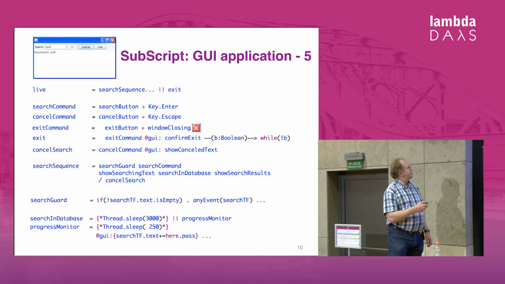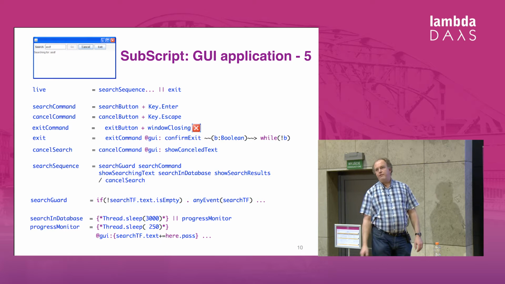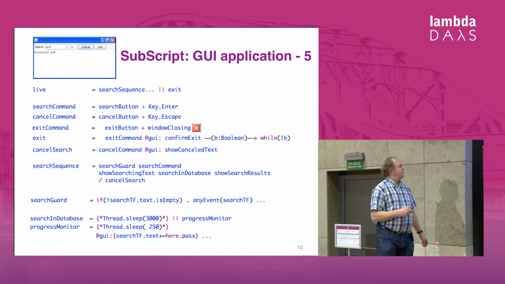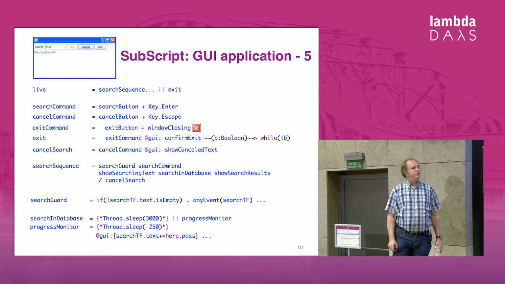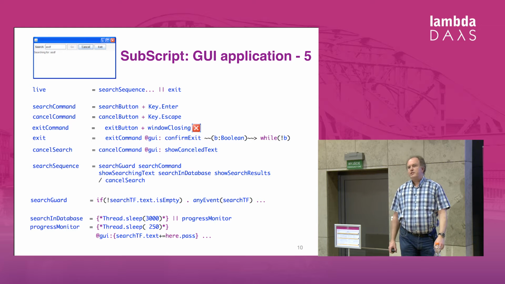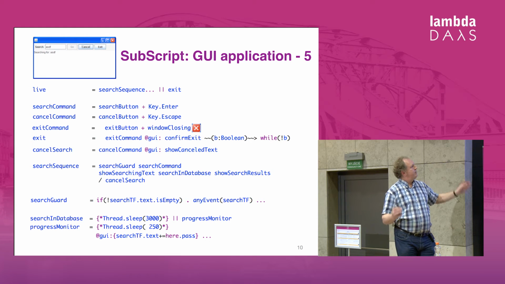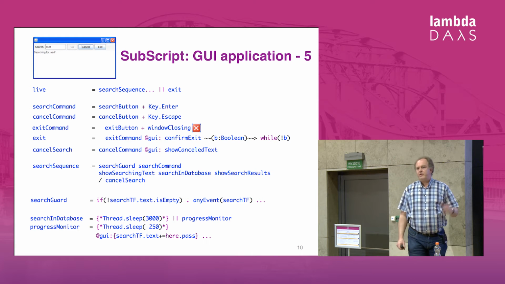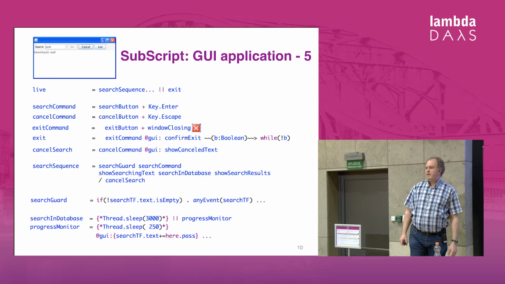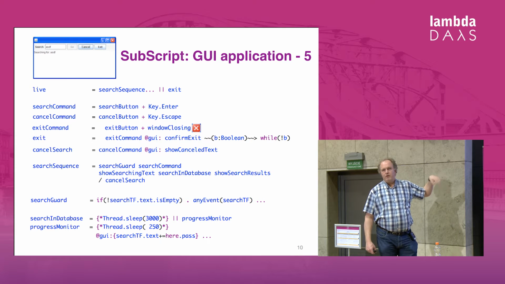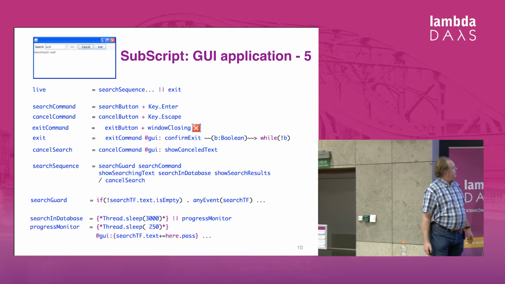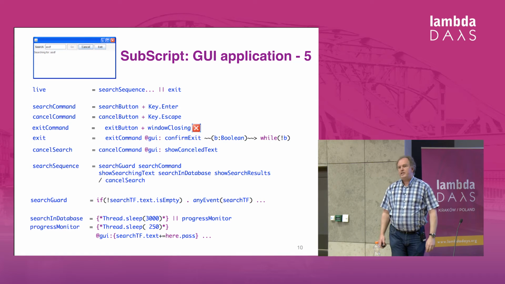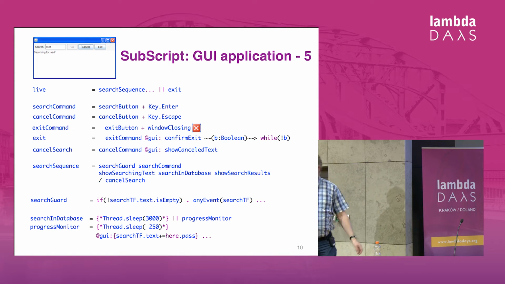And this works. And now we have to activate this exit process. And that's by placing it in parallel with the main script. And in SubScript, it's not normal parallelism. This is kind of OR parallelism, which says that the entire process is ready as soon as the left-hand side or the right-hand side is ready. It's a bit like what you have in Scala and Java and C with the Boolean OR operator, but it's more symmetric. So the search sequence will never end, but the exit process will end at some point.